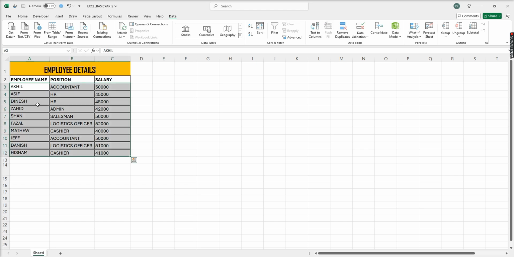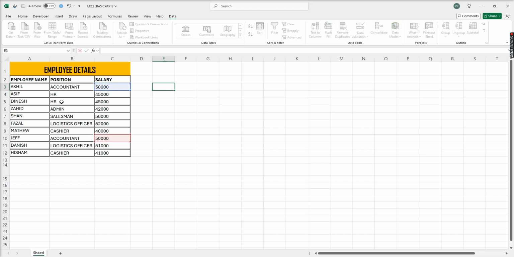Suppose I want the subtotal of each position. We have accountant here, we have accountant here. If I want to make the total like this, it will take time if we have a huge range of data. For example, accountant 1 here and 1 here, so only 2 accountants. Sometimes it's long rows, it will take more time to get the subtotal of each category. So